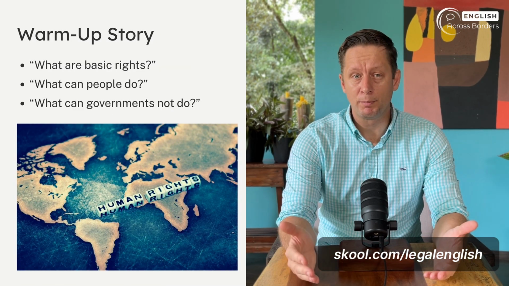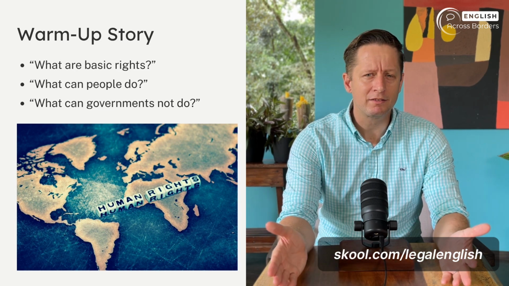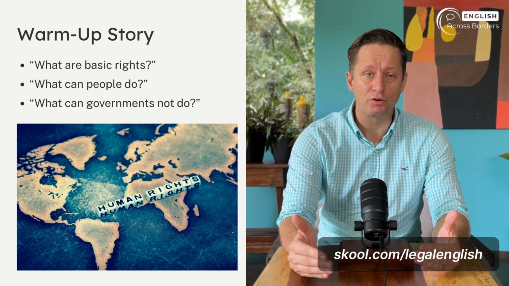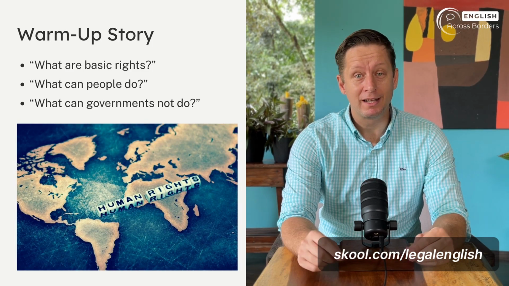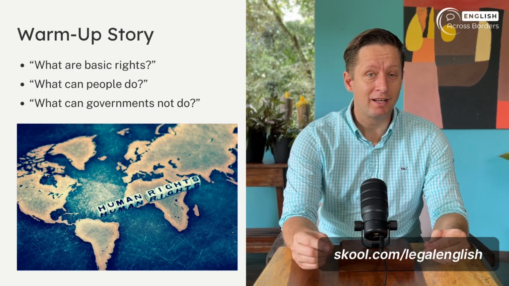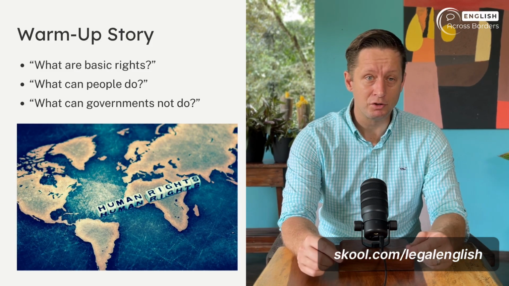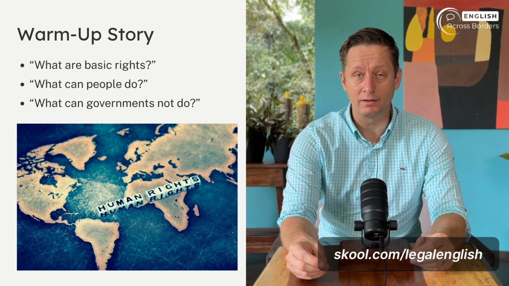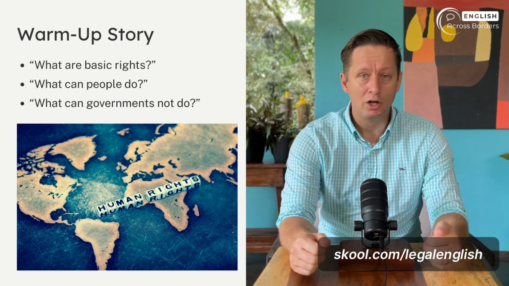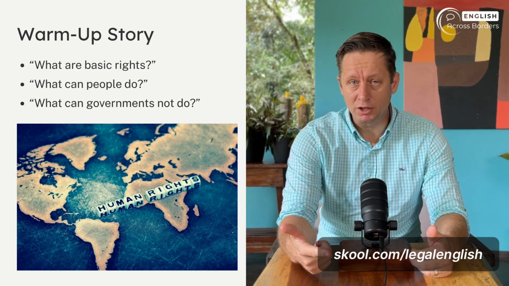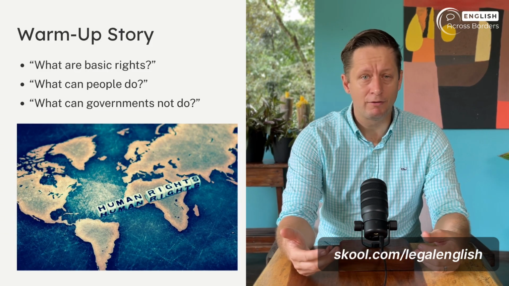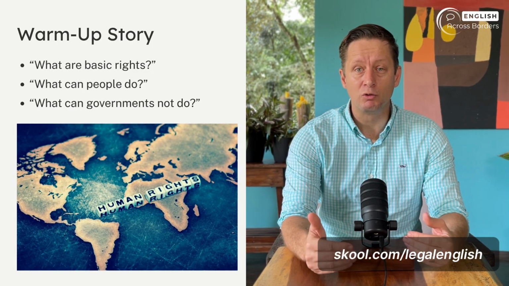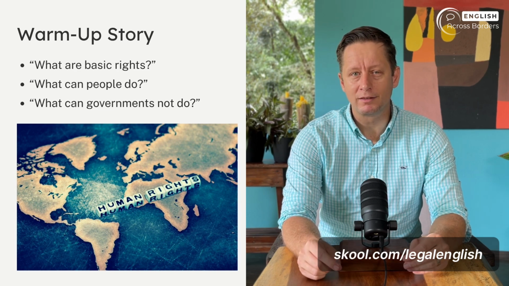Imagine this. Two law students are preparing for a seminar. One asks, what are basic human rights? The other replies, every person has dignity. People can speak freely. Governments cannot take life unfairly. Children can go to school. Every person can expect equality. They write a short list together. Right to life, freedom of speech, right to education, right to fair trial. And this story shows how we use simple vocabulary and grammar to explain human rights clearly.